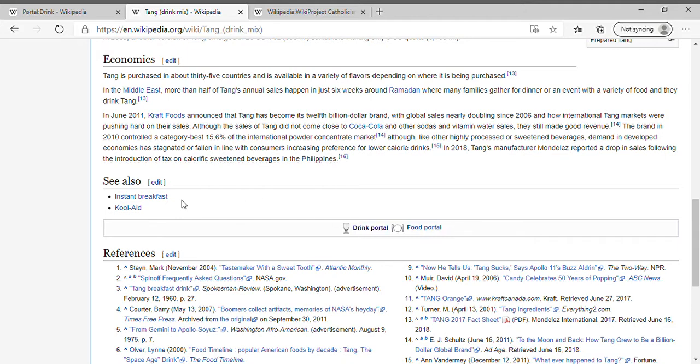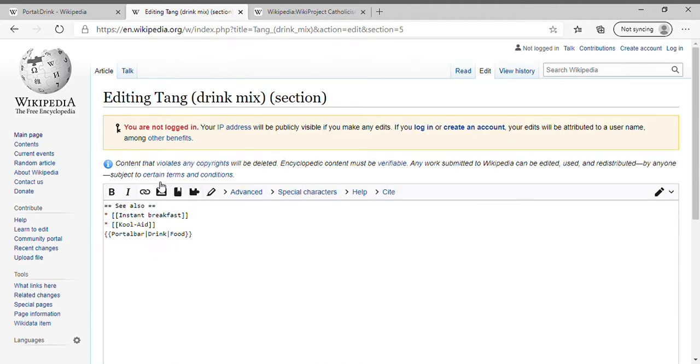Now, if you go to the See Also area, of course we're working in the desktop version. Make sure you're using that in Wikipedia. You'll see this code right here, portal bar, drink, food. Now, if you want to just have it be drink and you think food should be removed, or you just want to change it just to see what it looks like, you can backspace from food and that line,